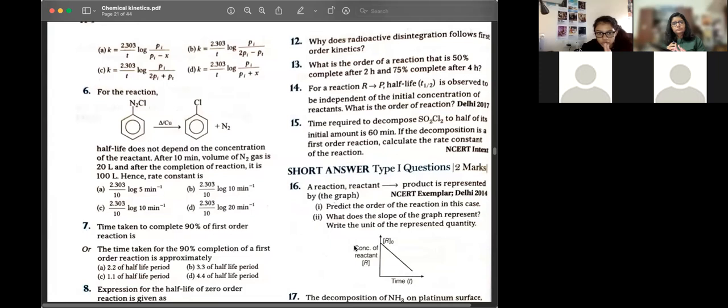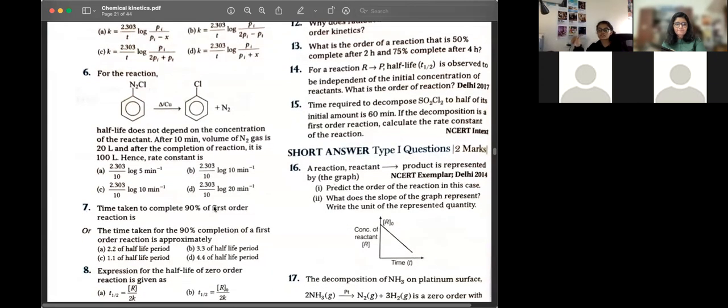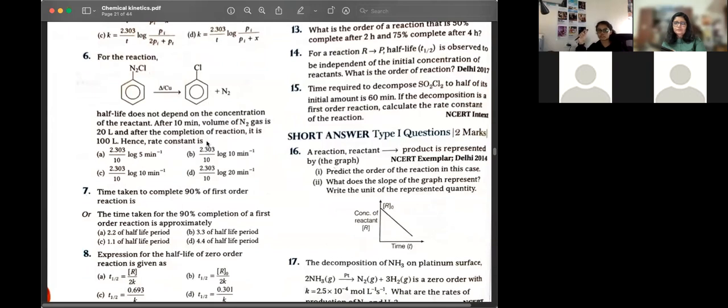Ma'am, I think it should be B or C. I mean, both the things are correct. So here the answer is given as A, and in the solution they've taken 100 by 20, which doesn't really make sense because volume of N2 is given as 20. So there is some typo in this question for sure. Ah, that makes it feel like the efforts went in vain. No, but you found out the answer, no? So we'll check the original source. Yeah, because this is coming as a fraction, like 1.2, and it's not an option.